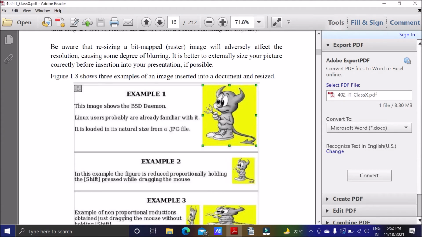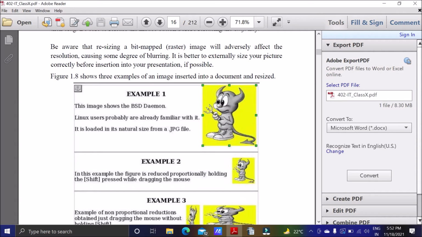Now there is one problem with bitmap images. Raster images like JPEG and PNG, but among raster images we have one image type that is bitmap, BMP. When you are resizing a bitmap raster image, you have to be aware that it will affect the resolution. The image will become blurred.